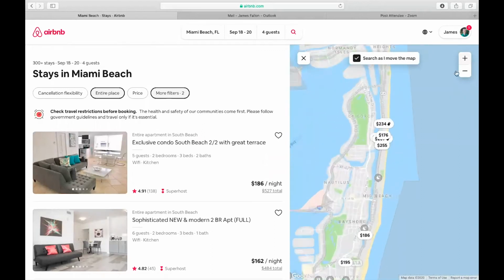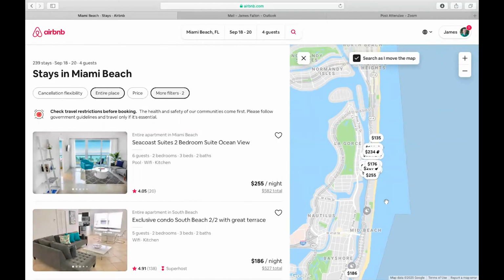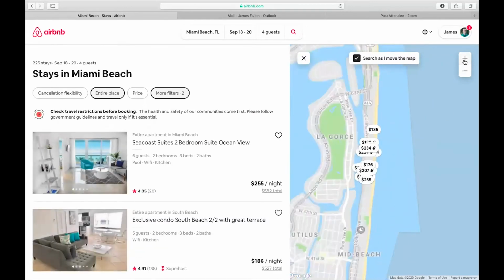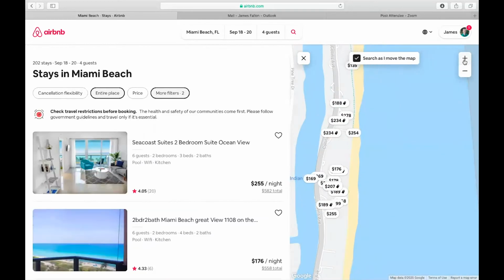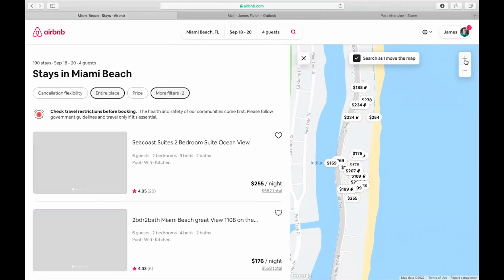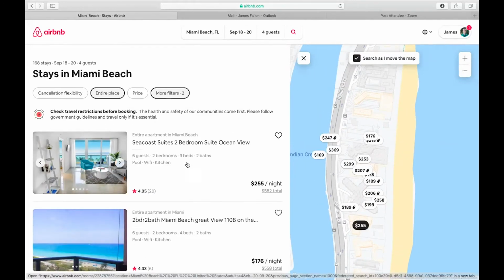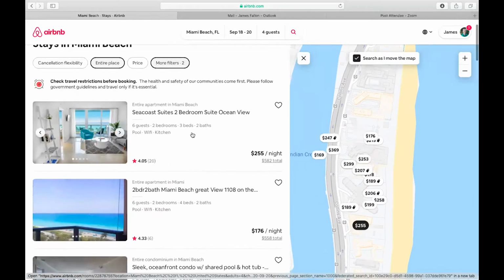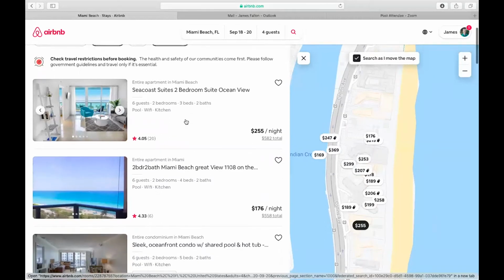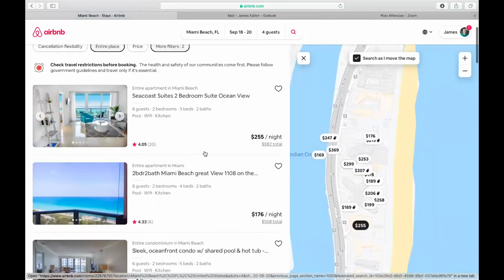So you're going to want to zoom in on the map here. That's the most convenient way to do it. There's a bunch all on the beach here. As you zoom in, it shows all the different price tags and things like that. If we click on some of the ones here, we have different amounts of bedrooms and beds depending on the type of place. So if you click on this one,